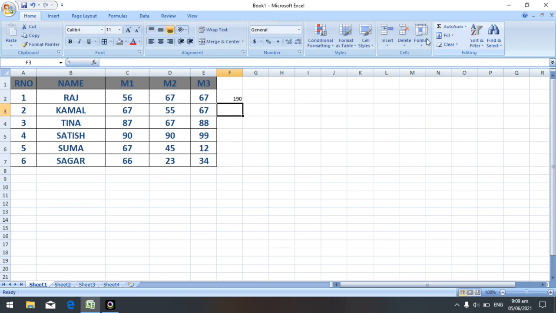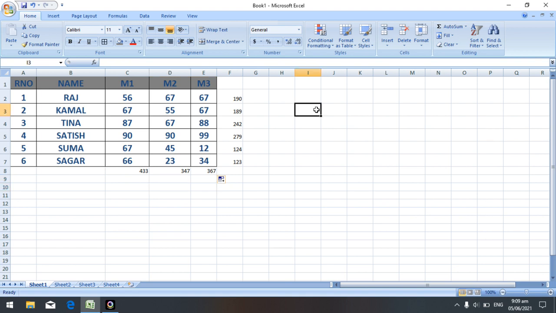And if I want to find the sum of the column, at that time select the column option, then select this one and you can drag it. The AutoSum option is used to find the sum of either a row or a column, not individual numbers.